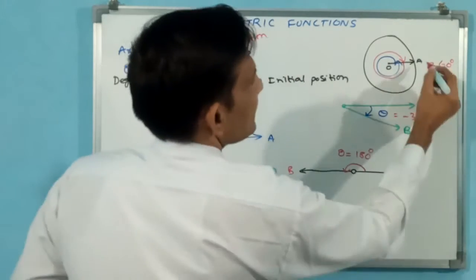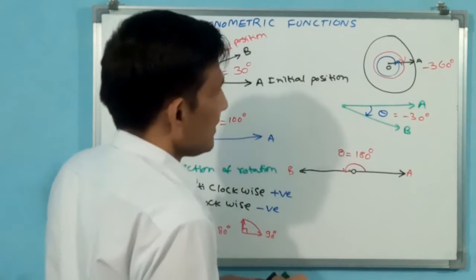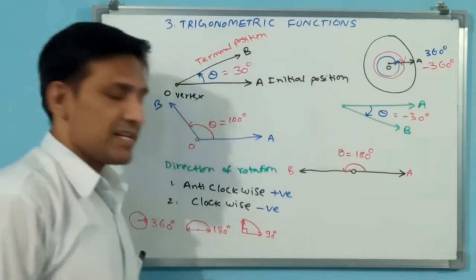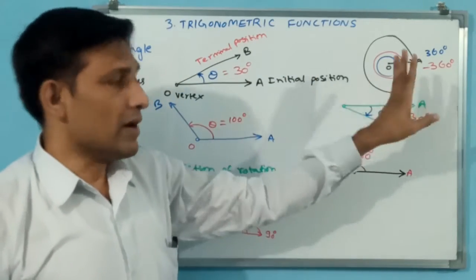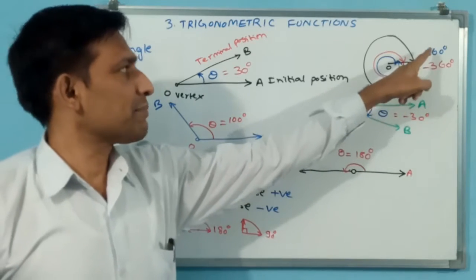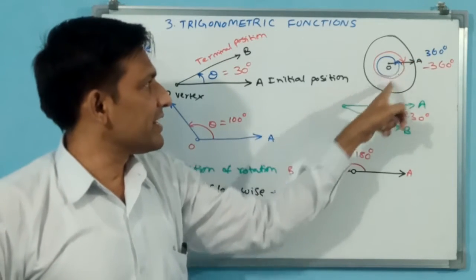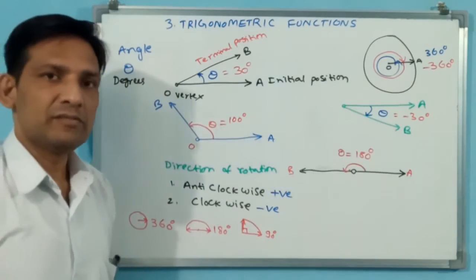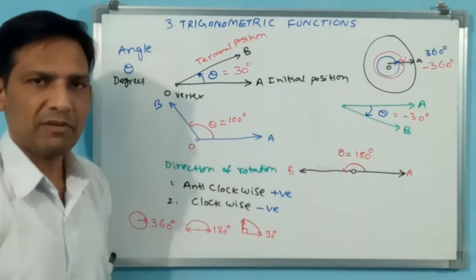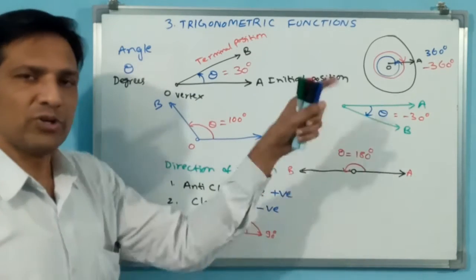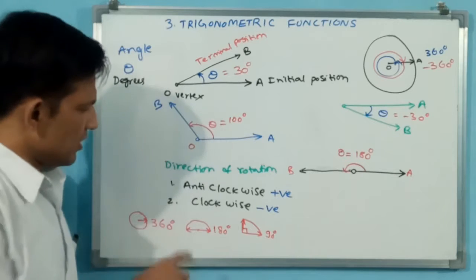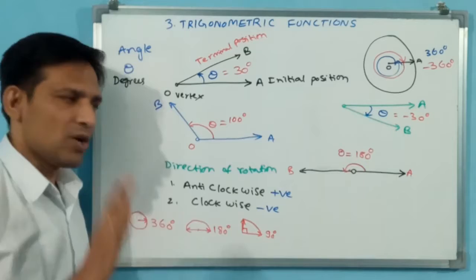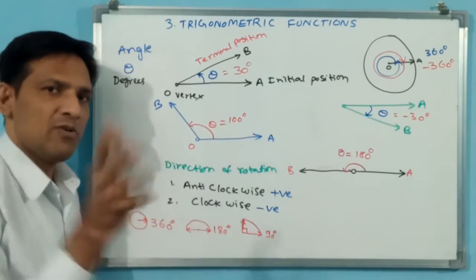If it is in the direction, this is minus 360 degree. For blue, it is 360 degree. That means, see, representation, any one direction we have to mention. Blue color represents positive 360 degree. Red color represents negative 360 degree. For one complete revolution, one rotation, one cycle, one circle is going to do 360 degrees. Half circle is 180 degree, quarter circle is 90 degree. Now we came to know how the degrees have been divided.